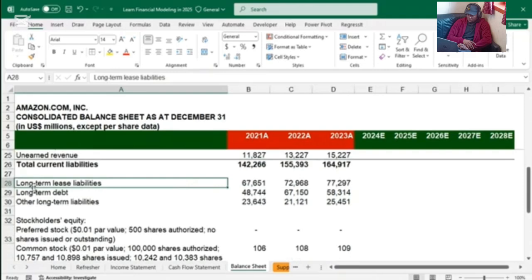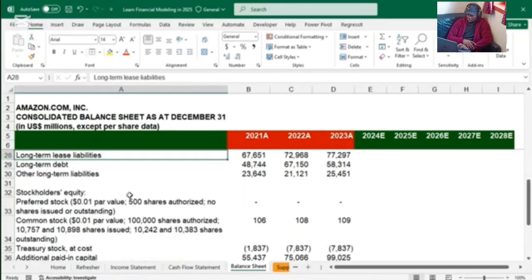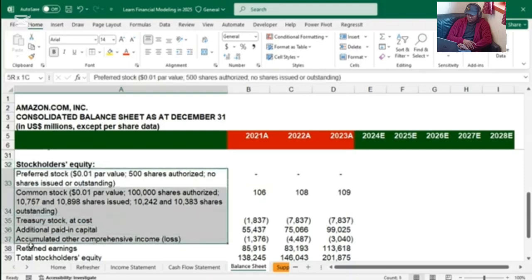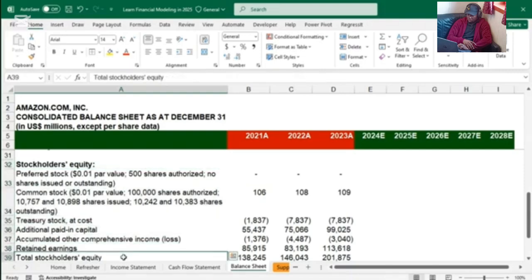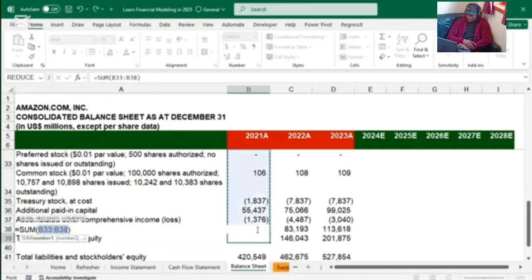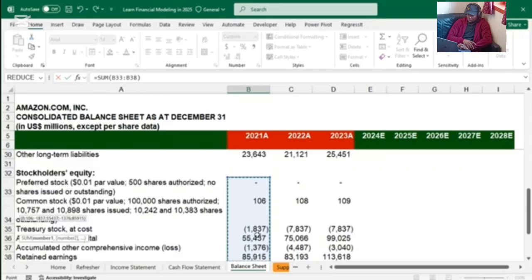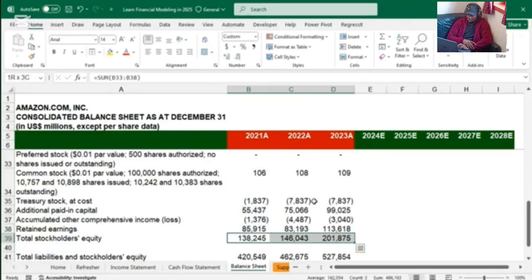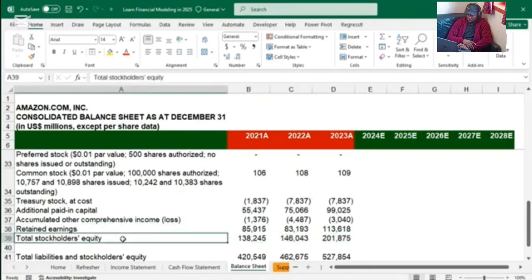And then we have the long-term liabilities as well there, and we also have our stockholders equity, which I'm going to bold in there, and these are the compositions of our stockholders equity. Then we have total stockholders equity, and that is going to be Alt equals here to sum everything there. Good, so my formula is working correctly. I'll hit enter and copy the formula to the right using Control R, and also bolding this using Control